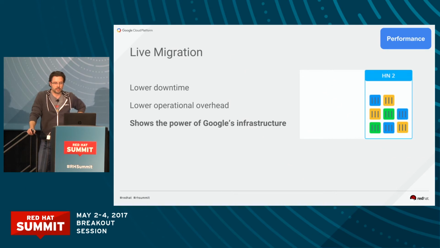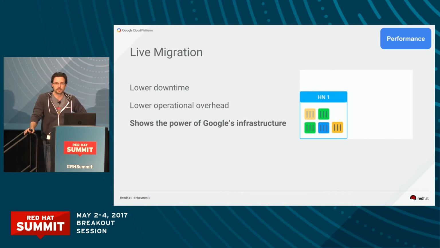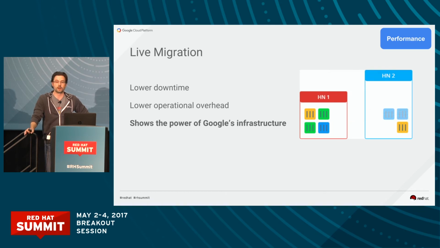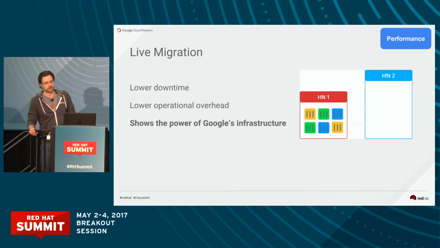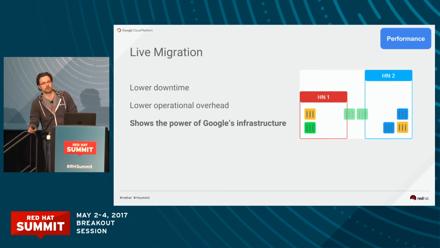We do a little thing behind the scenes called live migration. So when you have to patch a host, you might need to move off. When we found Heartbleed, and Google discovered it, we were able to patch those underlying hosts, patch everything underneath, and move you live to somewhere else. The other thing that's nice is from a performance standpoint.